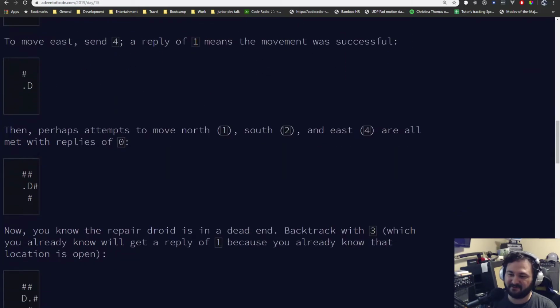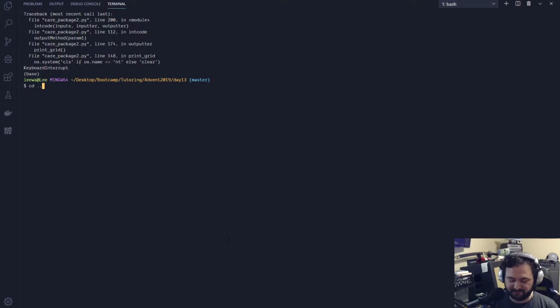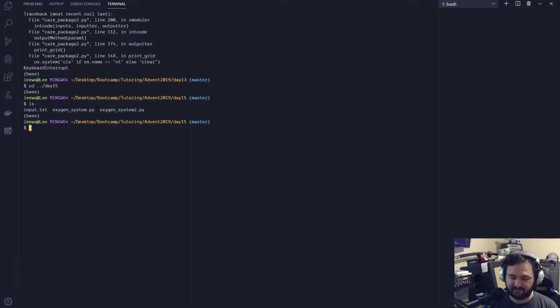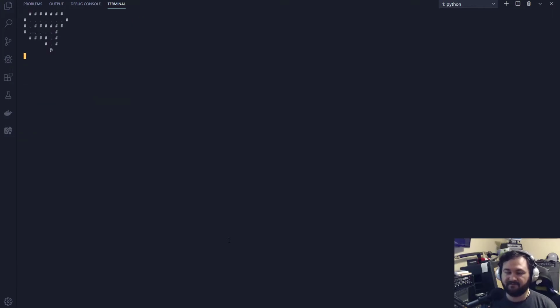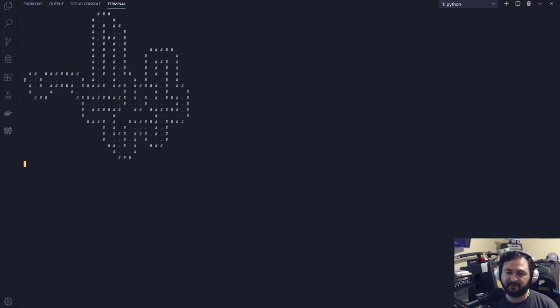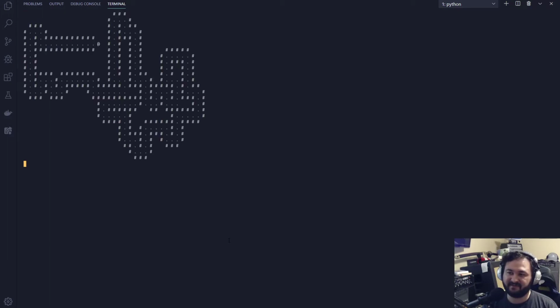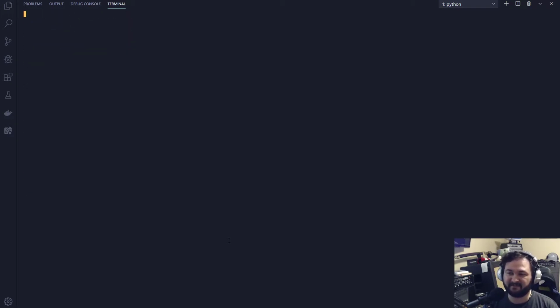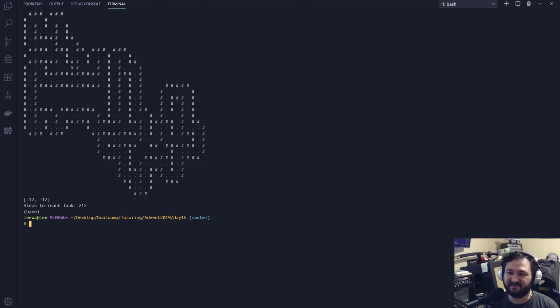Another one that I enjoyed was the maze problem on day 15. We talked about that one a little bit as far as the algorithms, but the animation for this came out really cool. I was really proud of this one because I wrote an algorithm to recalculate the max and min size of the grid so that I could print this without actually knowing how big the maze was. That was a really good moment where I was patting myself on the back, like, yeah, I actually solved this. That's super cool.